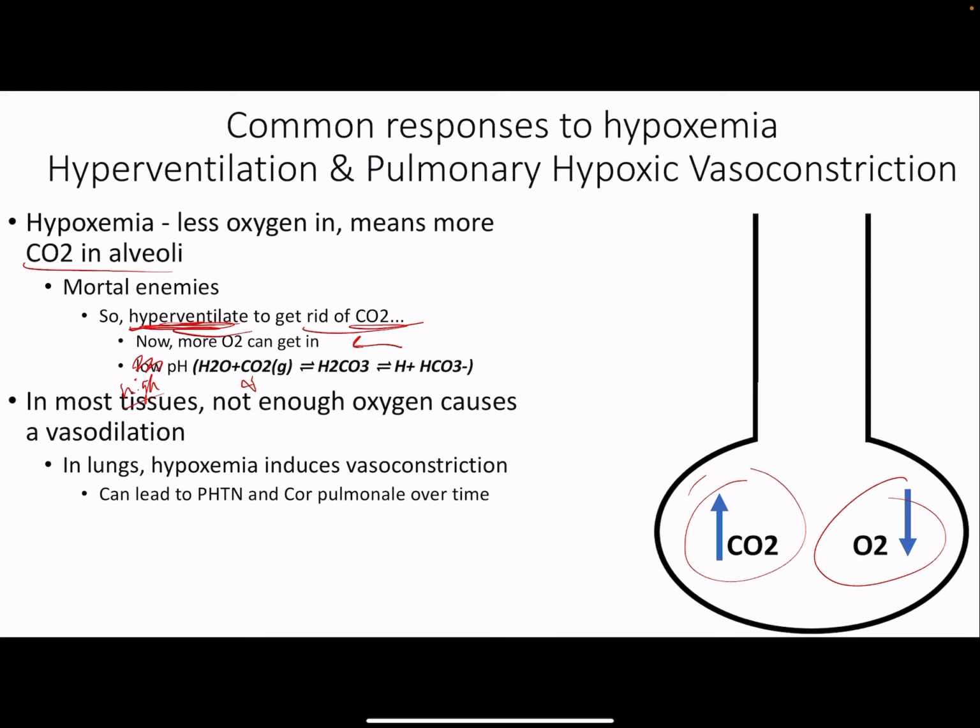We want to be sensible with where we allocate blood flow. And if an alveoli stinks, let's shunt blood away to a better alveoli where it can get oxygenated. Over time, this constriction can lead to pulmonary hypertension and cor pulmonale, right-sided heart failure, which is going to cause lower-extremity edema, ascites,